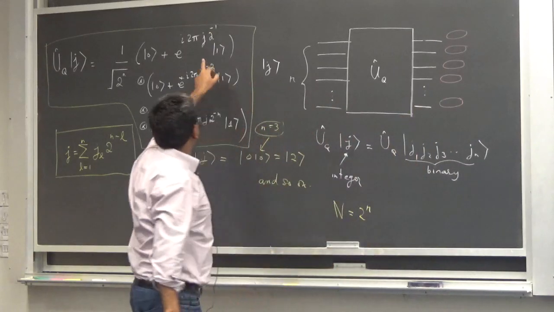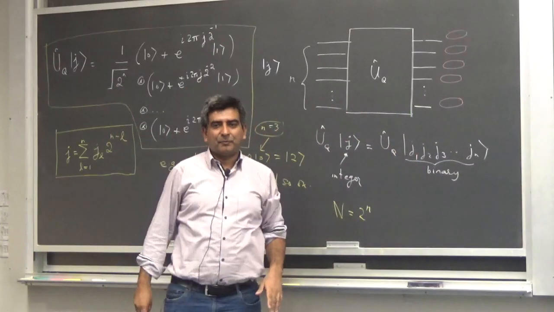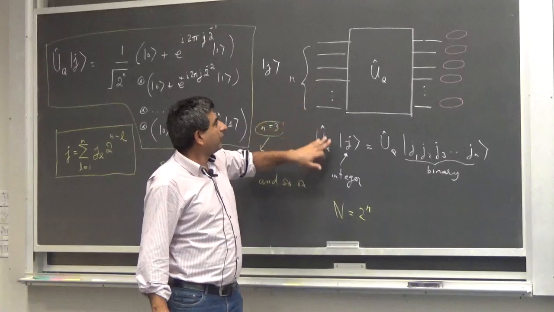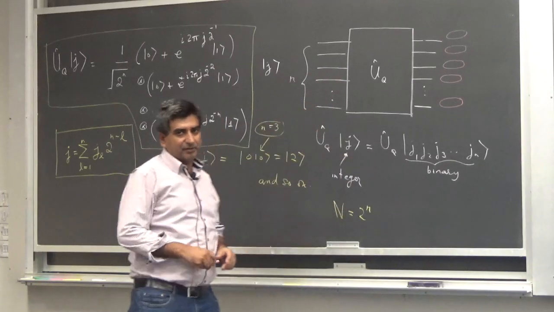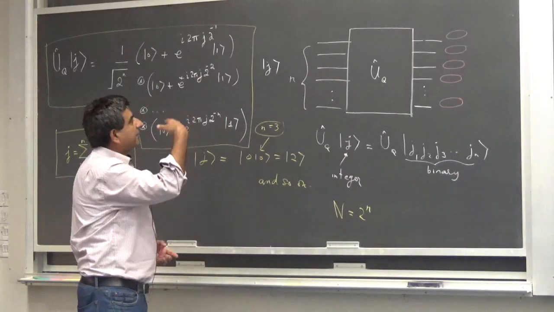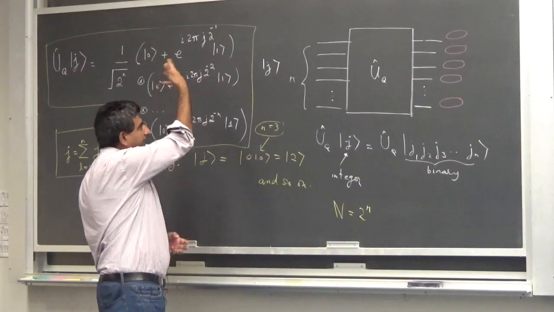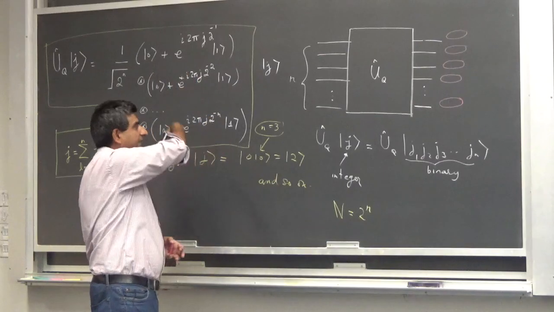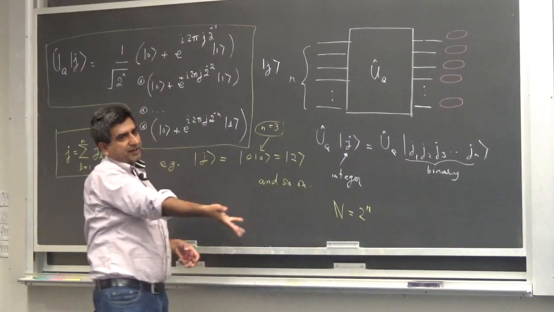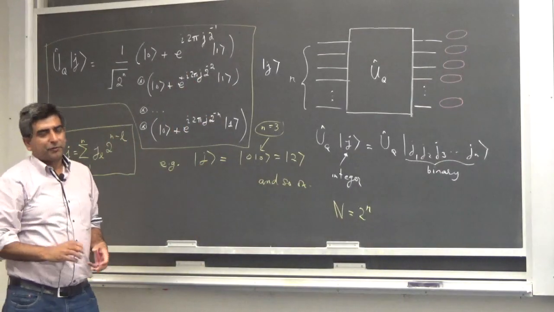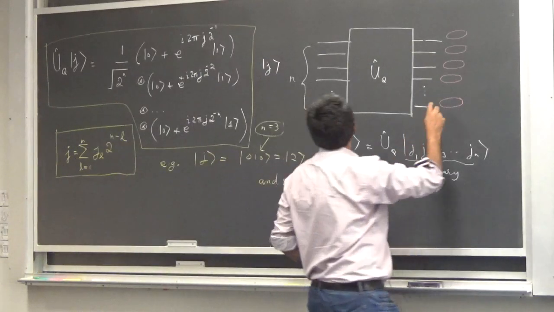J is some number, which is the decimal equivalent of the input, the binary input here. I am dividing that J by 2, halving it, dividing it by 4, dividing it by 8, dividing it by 16, dividing it by all the way up to 2 raised to the power n. So I have some phase here,